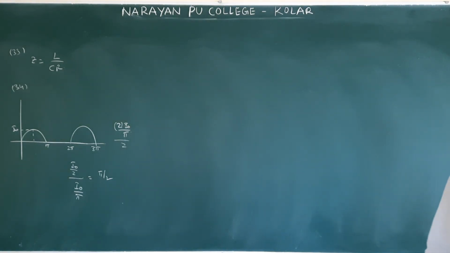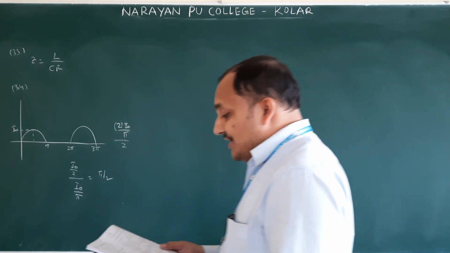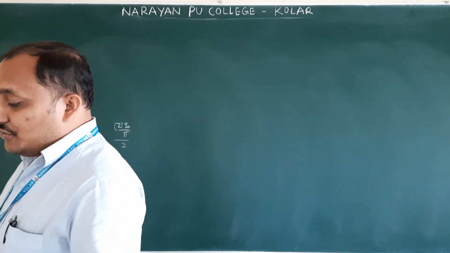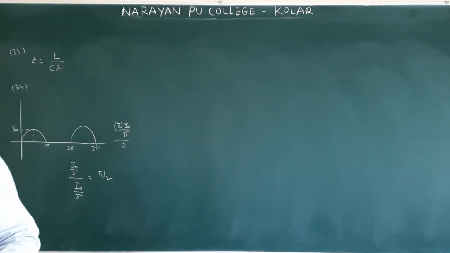Why it should be laminated? The first one, change in flux is increasing, is wrong. Lamination is to reduce eddy current losses, to reduce rusting of the core, to increase the ratio of voltage in primary and secondary means to reduce the eddy currents. Therefore the second one is correct. That is a theory question. Next, question number 38.